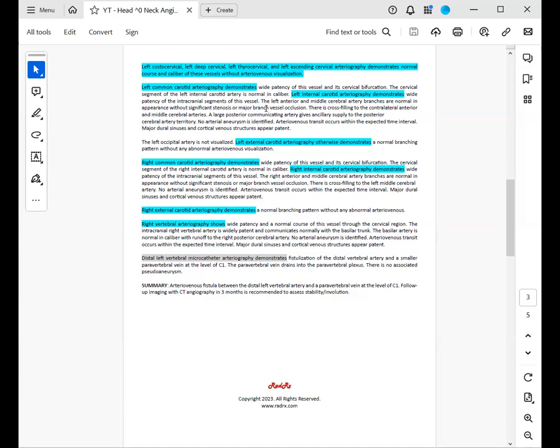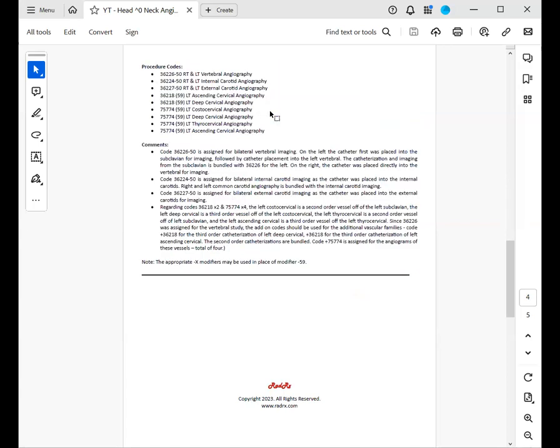Now, it may look odd to you to have code 36218 assigned here because it falls out of the norm of what we do. Typically, when you assign a 36218, you've already assigned a 36216 or a 36217. Now, generally speaking, 36218 is not going to be used in conjunction with codes 36221 through 36228. There is an exception to when you will see it with these codes, and that is what you see here